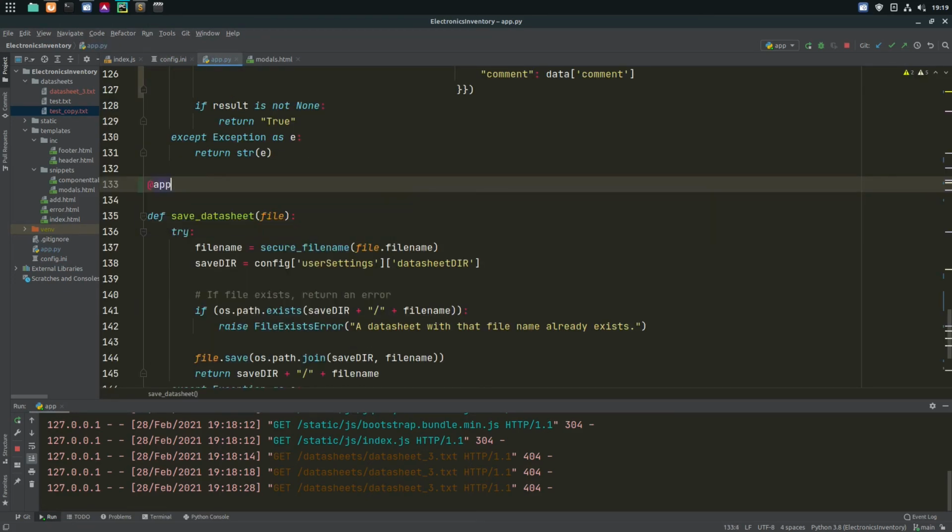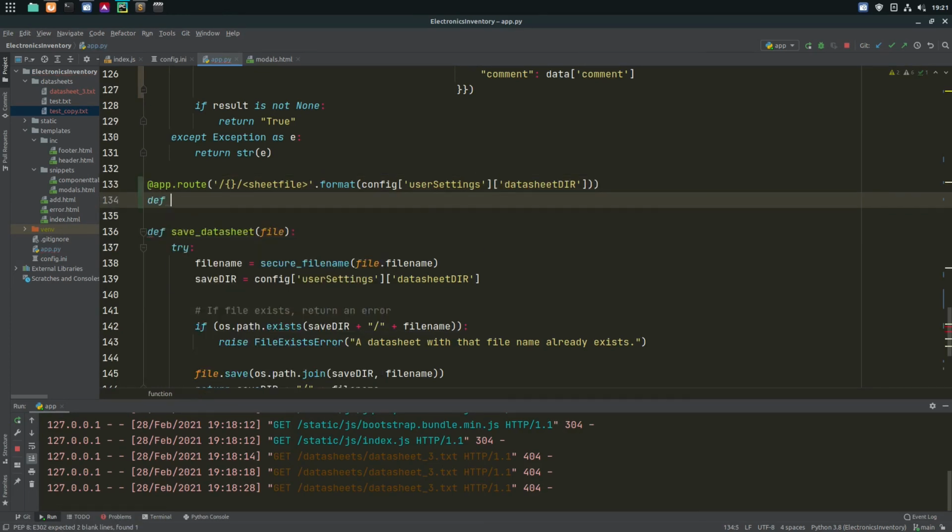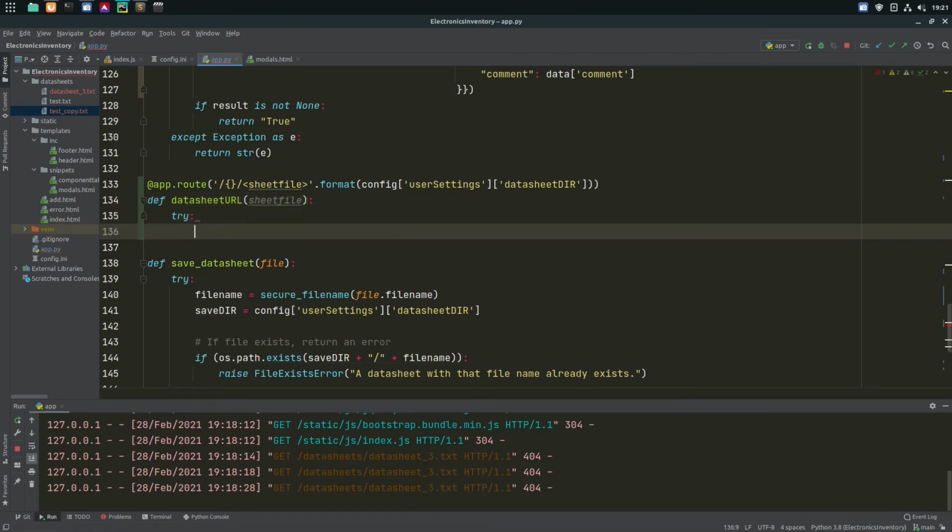I'm going to start with defining the root. So app.root, and it will be / and then whatever the user chooses / and we'll say sheet file. There we are. We'll define datasheet URL and we'll take in sheet file. I'll just copy this, much easier. So here we're going to say if this is not datasheets,